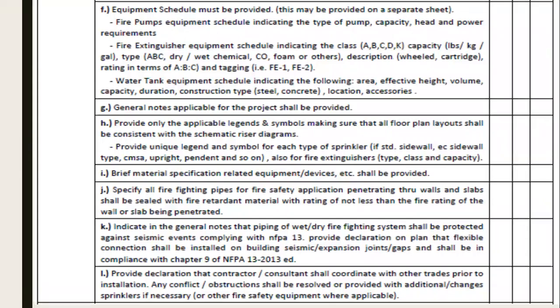Still, we are in the cover sheet. So you can see how much information and what level of detail this criteria is giving you, exactly the details required for each sheet. Equipment schedule for the main equipment has to be shown, for the fire pump,